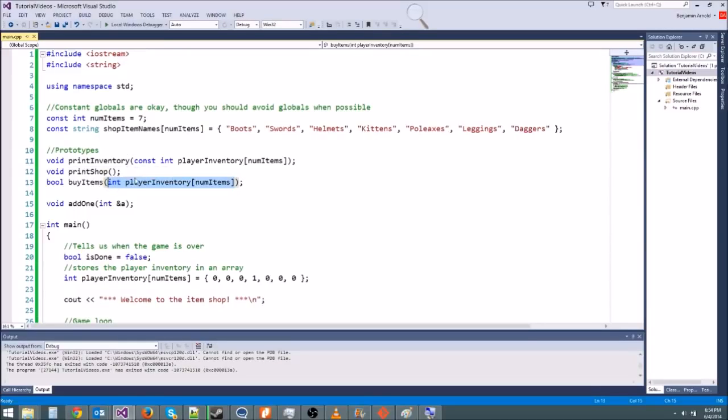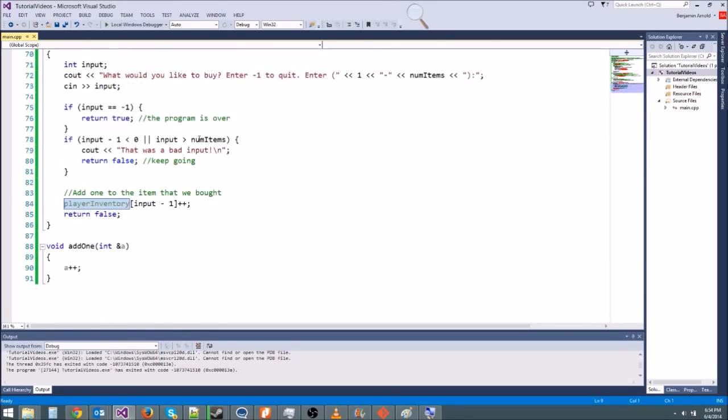If you don't want the function to be able to change it, you type const in front. And all that does, it doesn't change the way the program runs at all. All it does is prevent you from changing player inventory. It'll just give you an error if you try to change it. All right, so that has been the review for, I think,